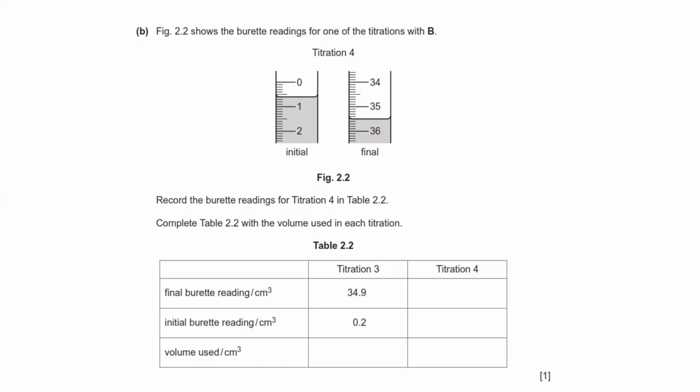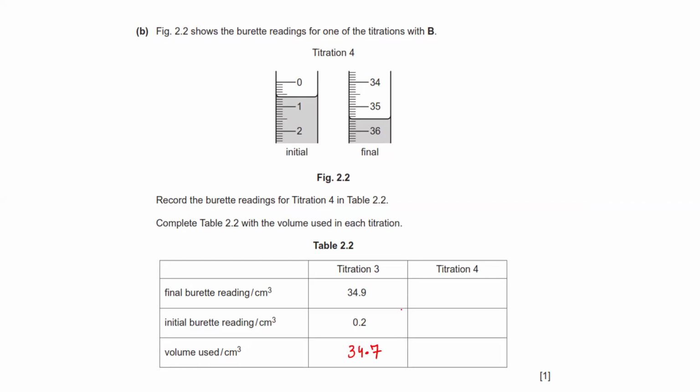Okay, moving ahead, part B, it says figure 2.2 shows the burette reading for one of the titrations with B. So this is titration 4. Record the burette readings for titration 4 in the table. Complete the table with the volume used in each titration. So the final reading of the burette is 34.9. Also, this is titration 3. So what would be the volume used here? So 34.9 subtract 0.2, so it comes out to be